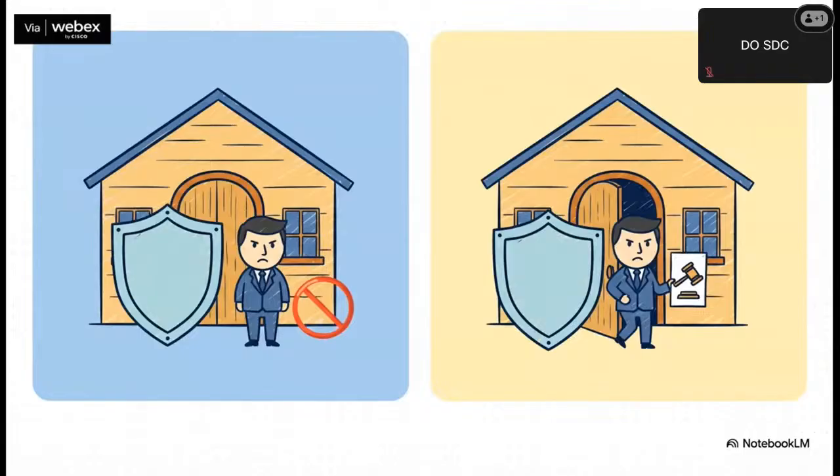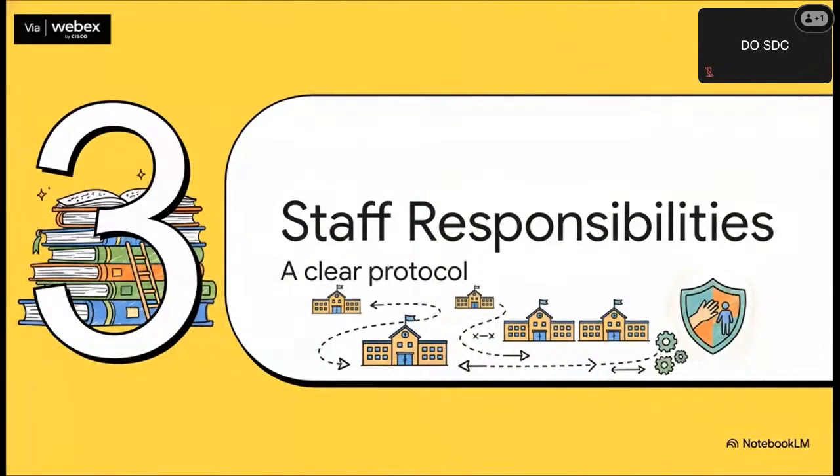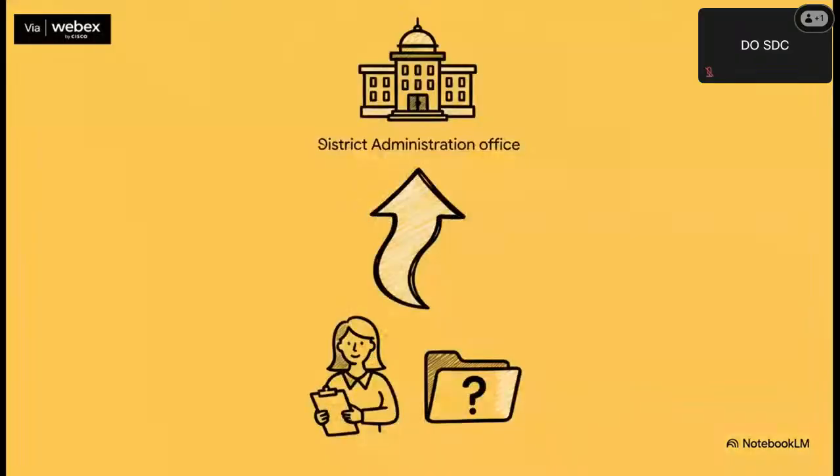So that leads to the next logical question, which is, what are school employees actually supposed to do? The policy gives them a really clear step-by-step playbook so that there's a consistent protective response across the entire district. And the key word here, honestly, is protocol. A teacher or a staff member at the front desk isn't expected to make these huge decisions all by themselves. No way. The policy makes sure that any kind of request is immediately escalated up a formal chain of command.